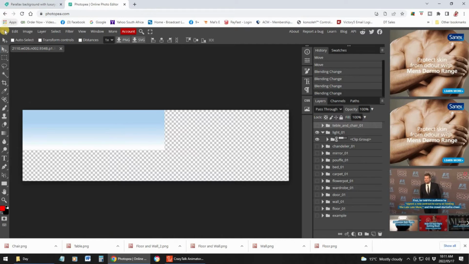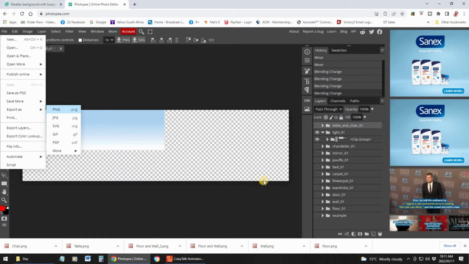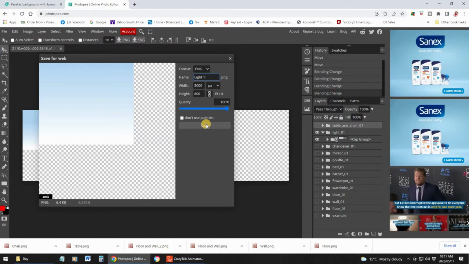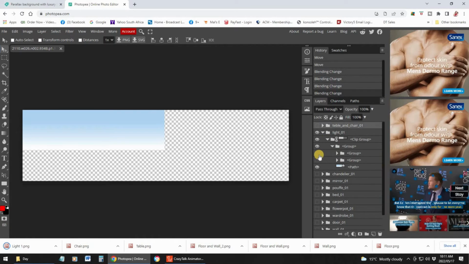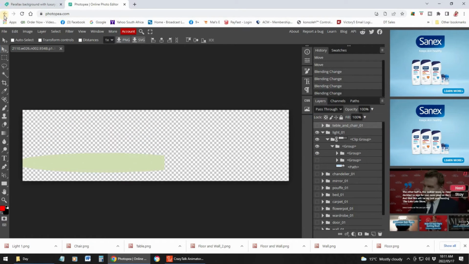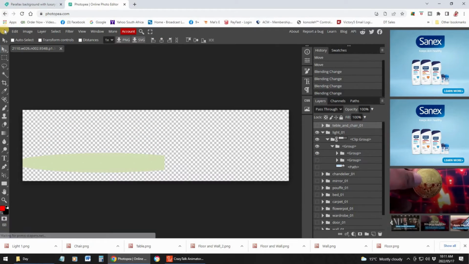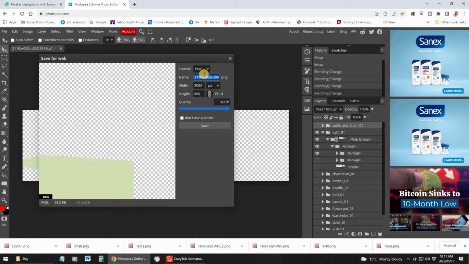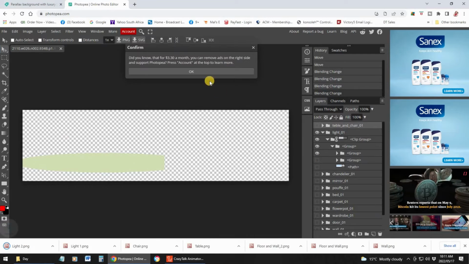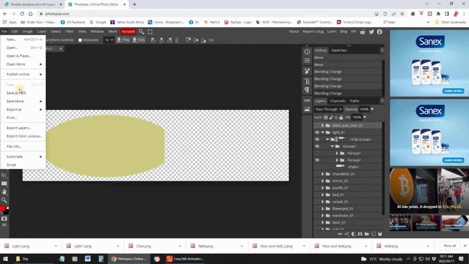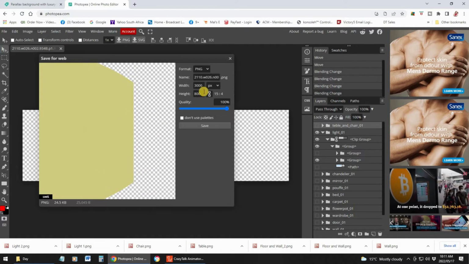So let's quickly save this as light 1, save, and then I'm going to do the same with these two as well. Okay, so I'm going to call this file, cancel, export light 2, and then file, export